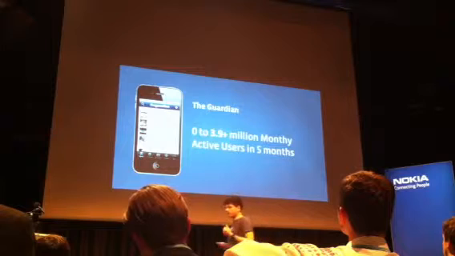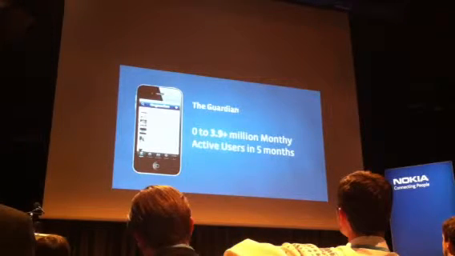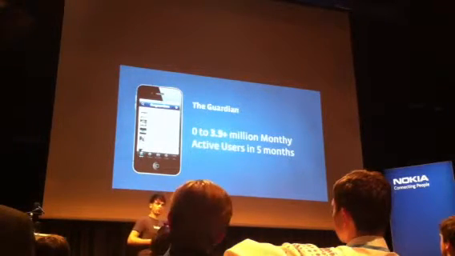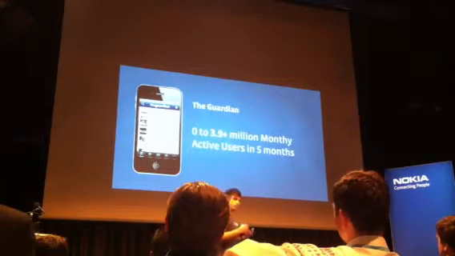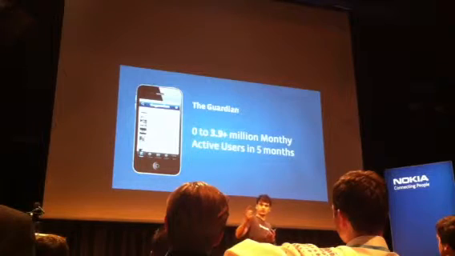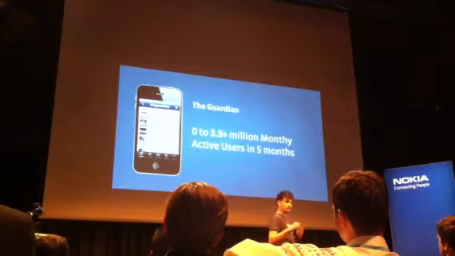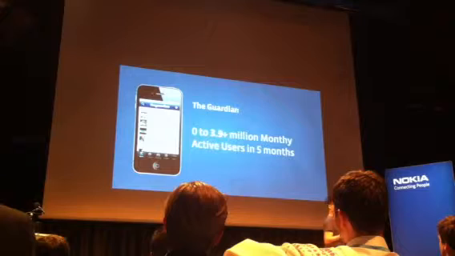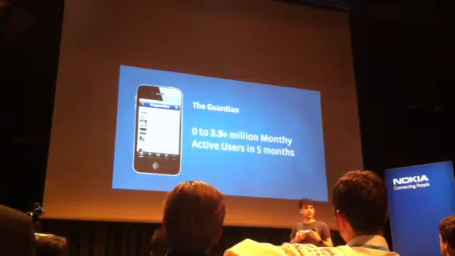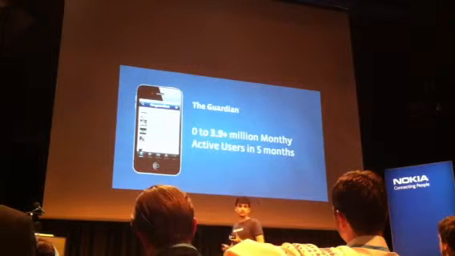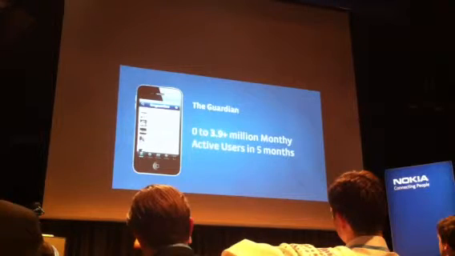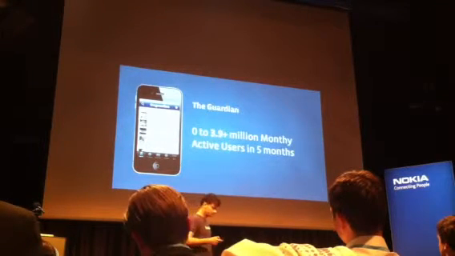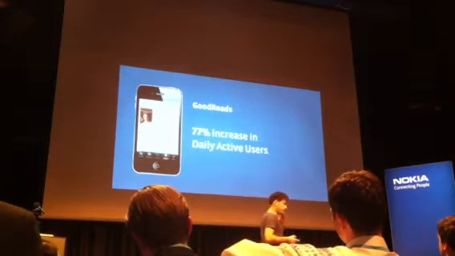And why is that? Because by integrating with the Open Graph on the website, by integrating with the Open Graph on mobile, if I read an article on my Guardian iPhone app and it pushes that to the Open Graph, then Andreas on his desktop version in his browser can see in the ticker that I'm reading an article. And so he can click it and start reading the same article I'm reading on his desktop. He can do the same on the Android app, and he can do the same on the mobile HTML5 app.